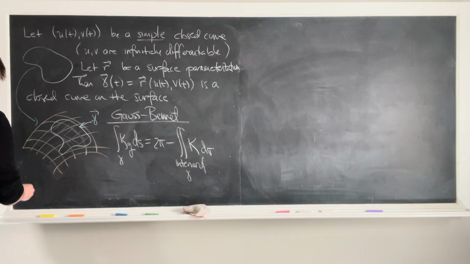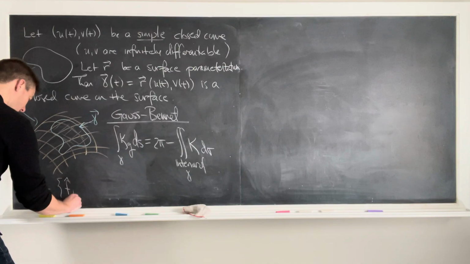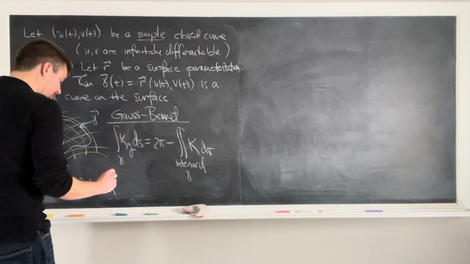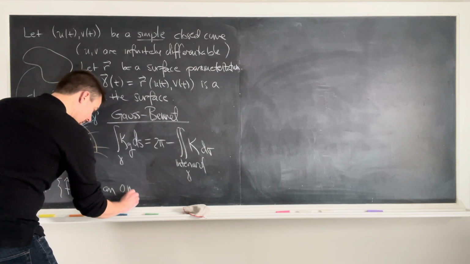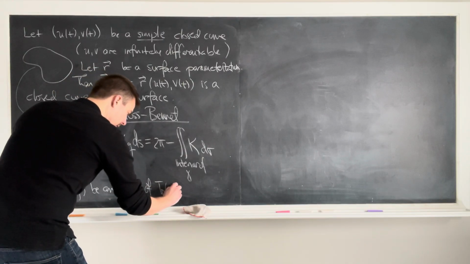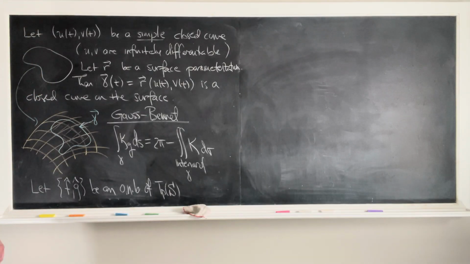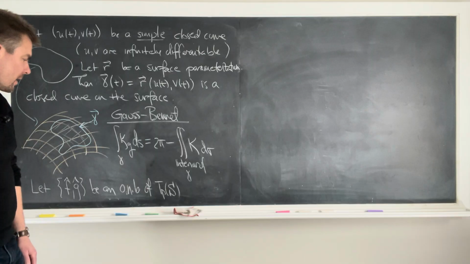We're going to let f hat, g hat be an orthonormal basis of the tangent space to the surface at every point, okay? As I said before. So I choose an orthonormal basis. I can do this by Gram-Schmidt. We already know properties of this orthonormal basis, right? Then,